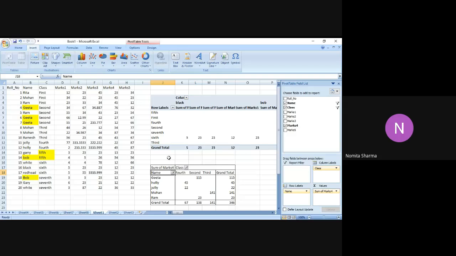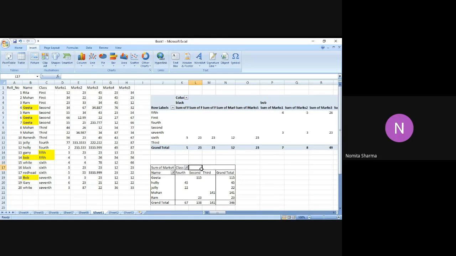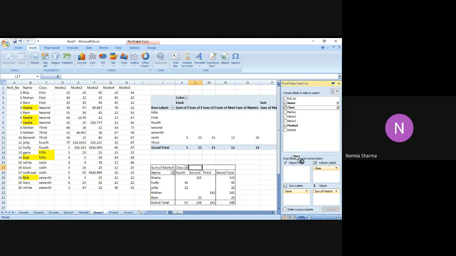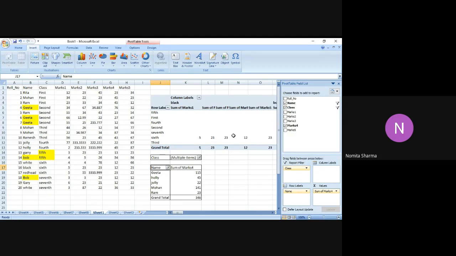I can also use the filter command. I just have to drag the field into the filter section. And you will see that the filter command will operate and it will allow me to select either all, some, or any one. If I select only one, which is the default option, I can select any one, but I can select multiple items also by clicking on the select multiple items category, right? So I hope I was clear.